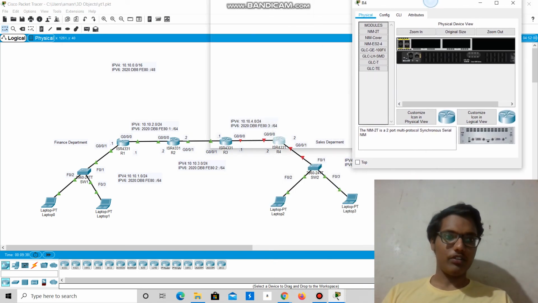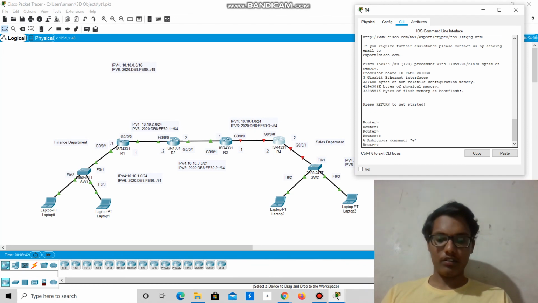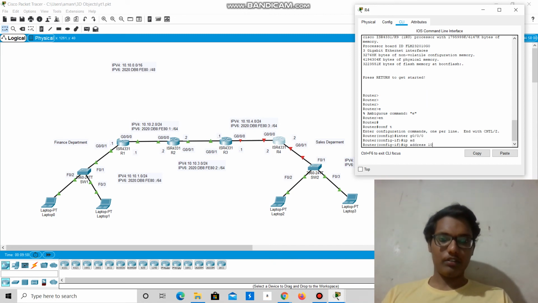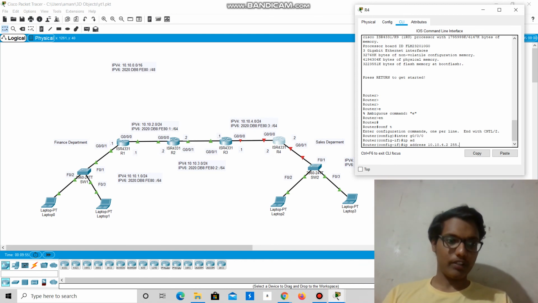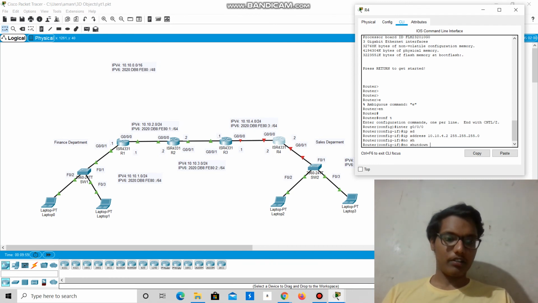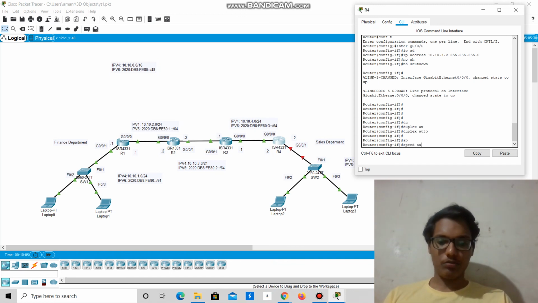Let's configure R4: enable, global configuration, interface 0/0/0, IP address 10.10.4.2 255.255.255.0. Yes, the link has gone up. Duplex auto, speed auto.